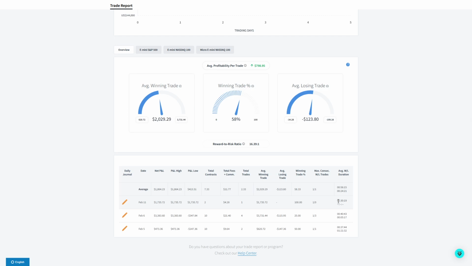I don't think it mentioned when I entered the trade. Yeah, I don't think it mentioned when, which is just too bad. So reverting back into the chart,